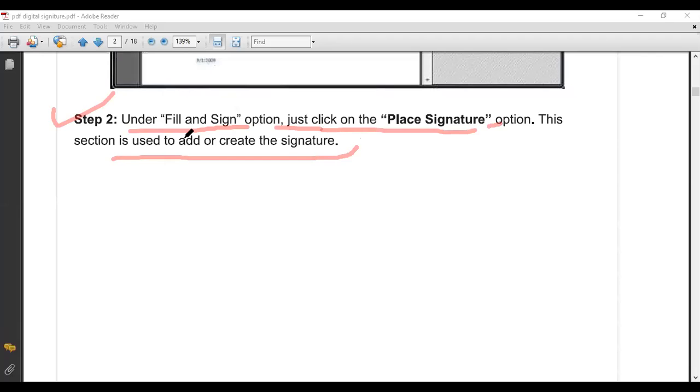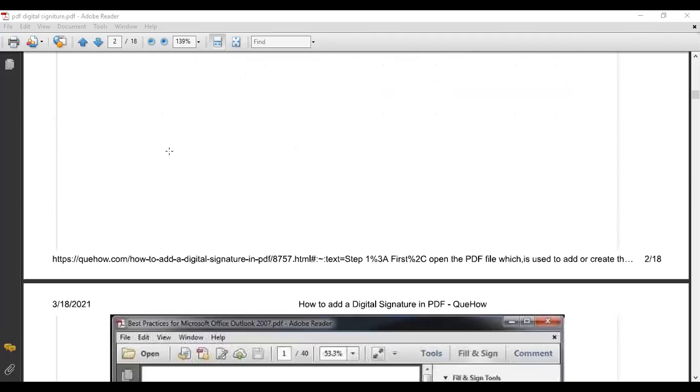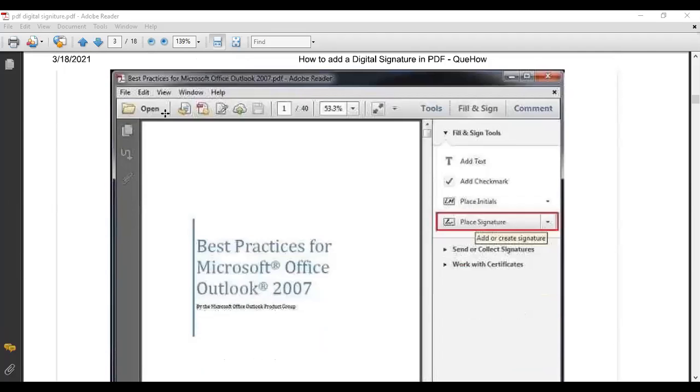Here you can choose the Fill and Sign option and place a signature. See what this window looks like. First of all, the options are available: sign and fill, and inside that you have to open place a signature. Everybody understood?